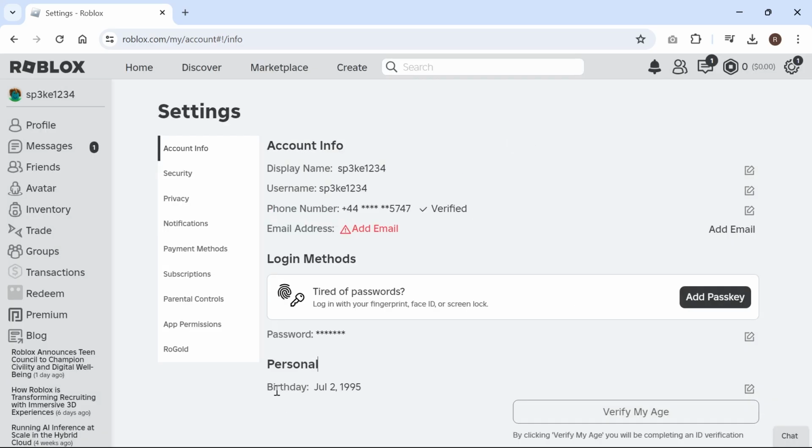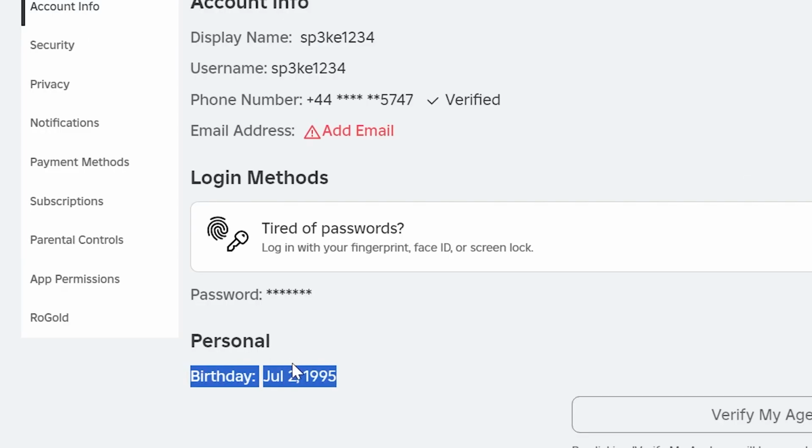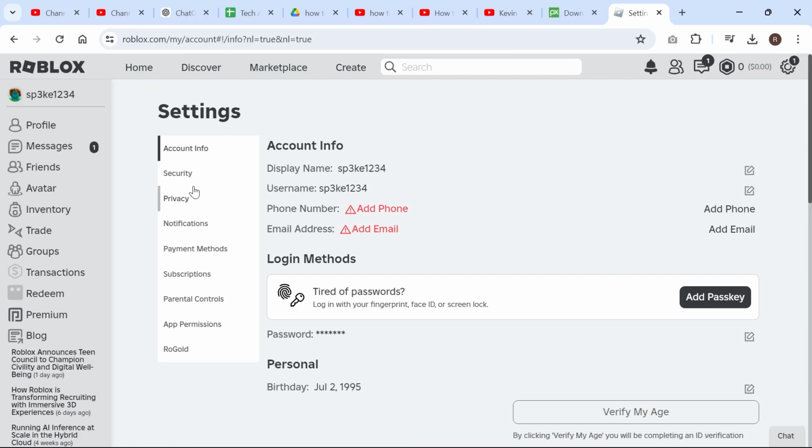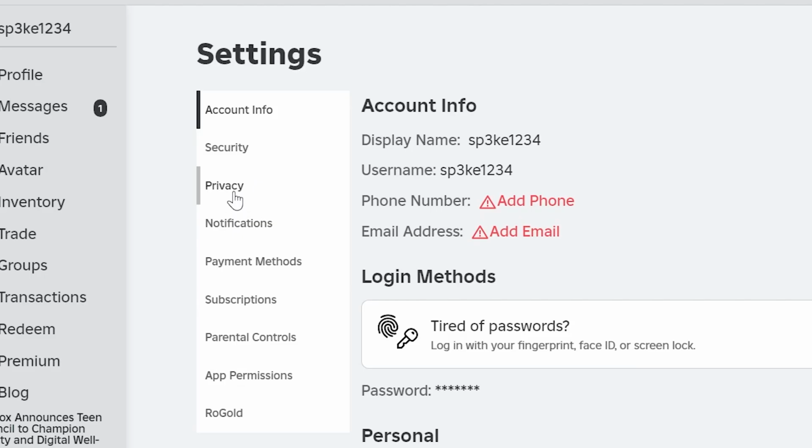So the second thing, you just need to make sure you're at least 13 years old. You can find your birth date down at the bottom here. Now you shouldn't need to verify your age unless you're under 13, so I'm actually going to leave this for now. So now that you've verified your phone number, we need to click on privacy from the left hand navigation,